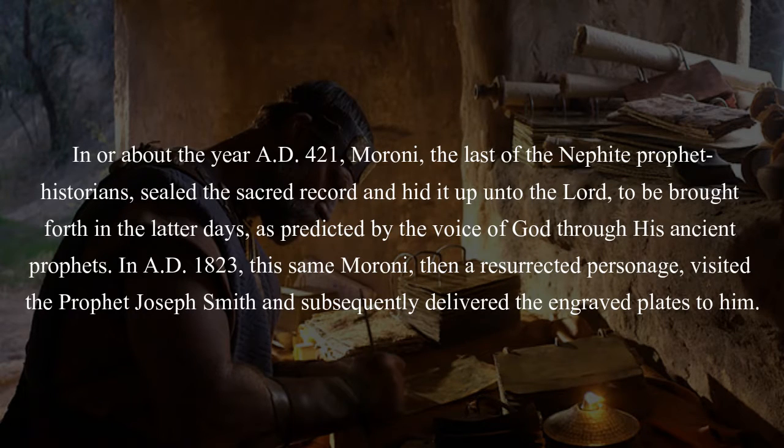In or about the year AD 421, Moroni, the last of the Nephite prophet historians, sealed the sacred record and hid it up unto the Lord, to be brought forth in the latter days, as predicted by the voice of God through his ancient prophets. In AD 1823, this same Moroni, then a resurrected personage, visited the prophet Joseph Smith, and subsequently delivered the engraved